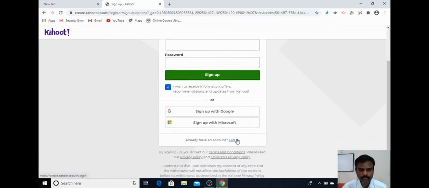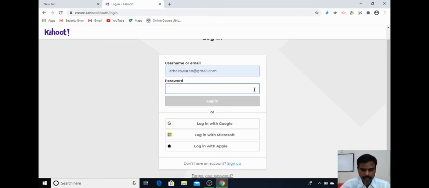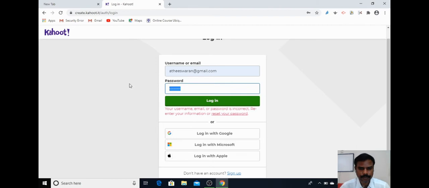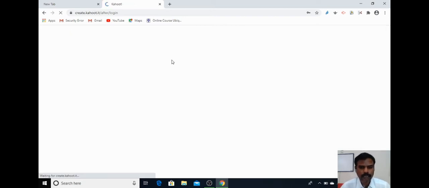Now I have already created one, and I am logging in. Give the username and password. Automatically you will enter into the dashboard of your account.